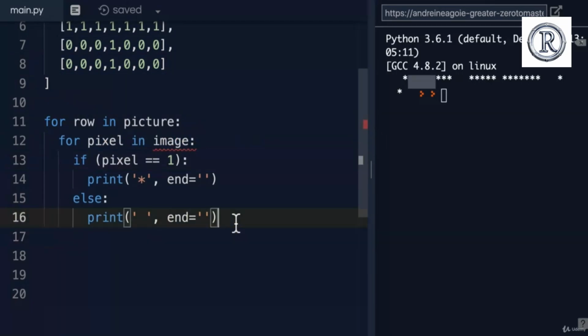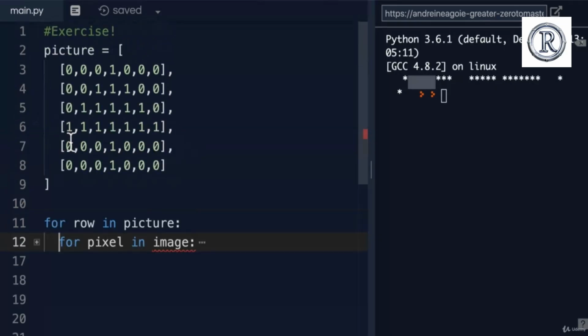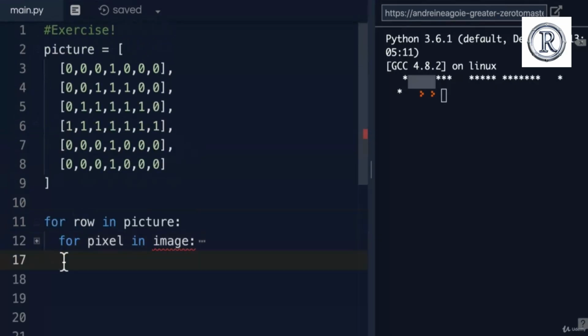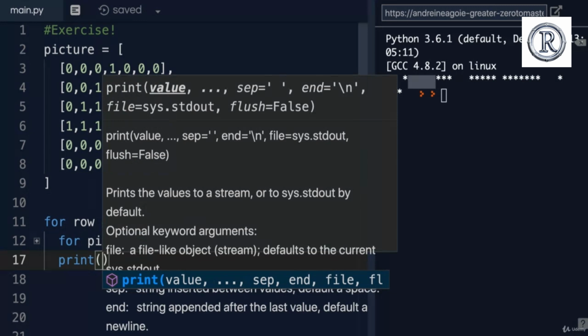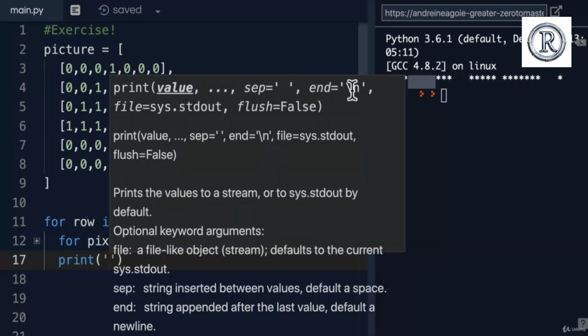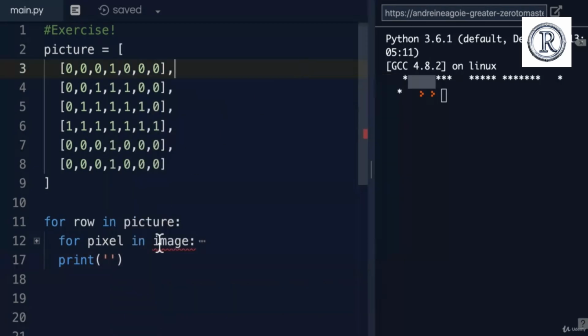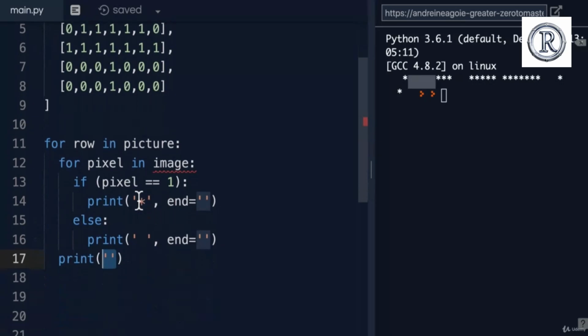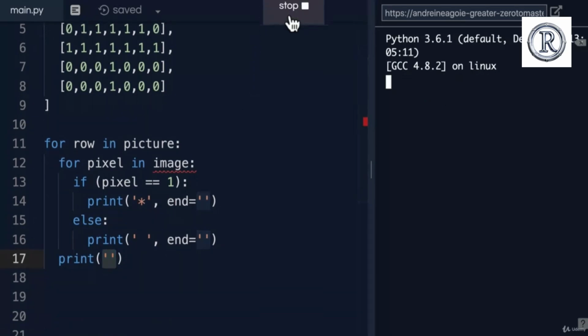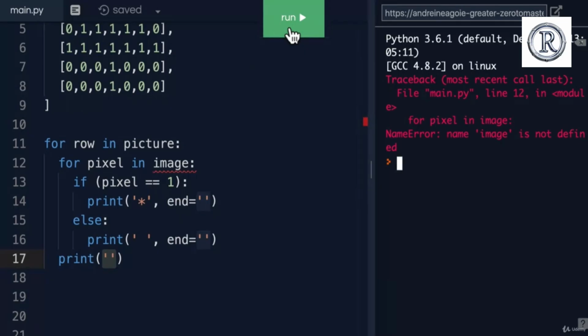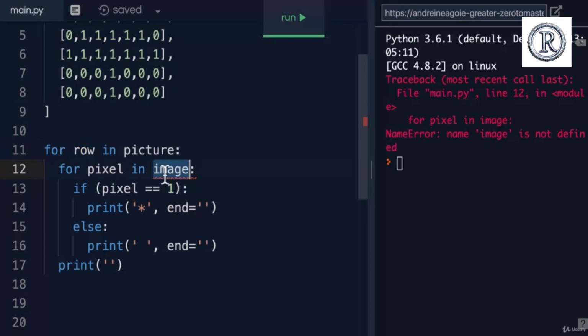And in here, I'm going to add at the end of this for loop, so after we're done looping through the entire row, at the bottom here, I'm going to print an empty line. But remember, the default is going to be a new line. So again, an empty string is going to default to a new line, and we're still going to have this code. If I run this, I get an error because image is not defined because I've just changed this to a row. So let's do row here, click run,